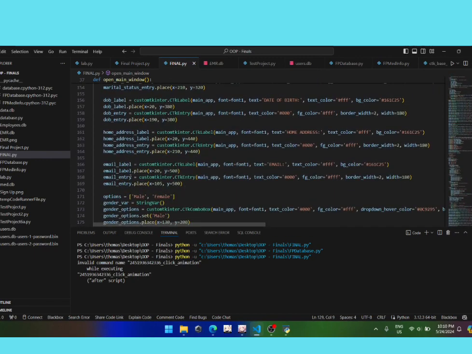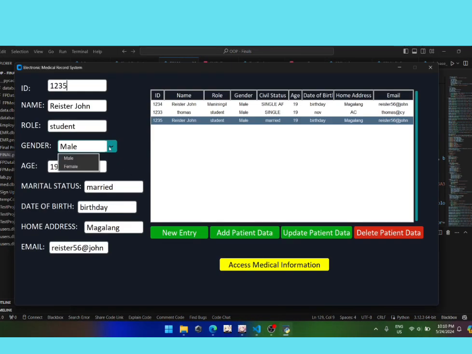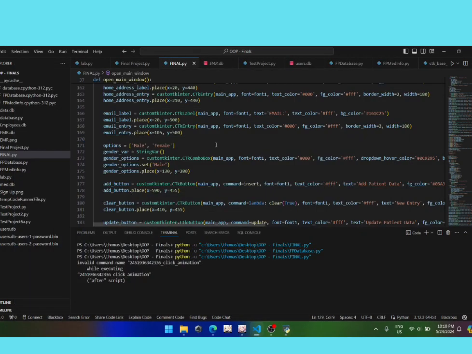The only difference that we have here is the options for the gender. If you check here in the gender, it cannot be typed, it cannot be deleted. You can only choose. This is because in the gender, it is not an entry box. It uses a combo box, which is the drop down that we have. And the difference that it has is it has pre-selected